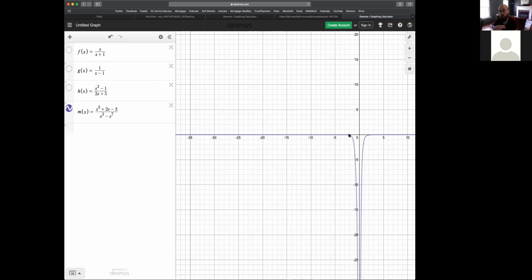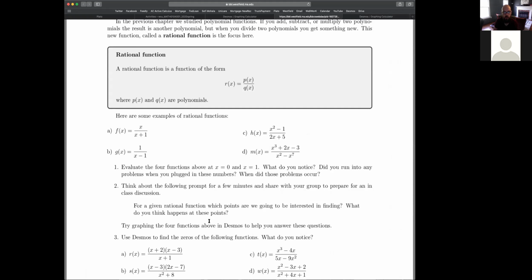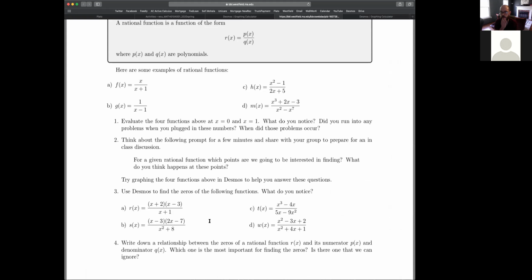And so our section 9.2 is all going to be about vertical and horizontal asymptotes. And to start here, we're going to try to think about, hey, when do we get zeros of our function? So we've got about 3 minutes, but